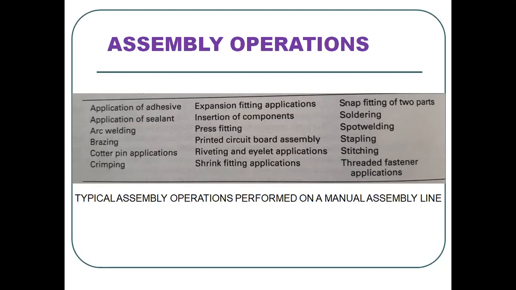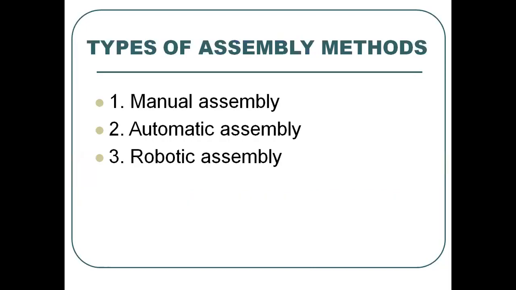So this is for a manual assembly line, okay? But most of them you will have automated, but not more, because automated will have some limitations, right? If there are too many components to join, then that is one limitation for automated assembly to be used. So we'll see what are the different kinds of assembly methods we have, but these are the general operations, okay? Just wanted to have an idea. These are the types of assembly methods you have. The first one being manual assembly, automatic assembly, and robotic assembly. These are the three methods in the industry that you will use for assembly.